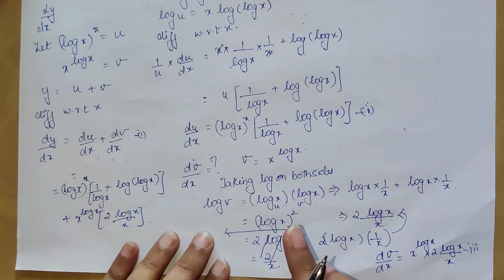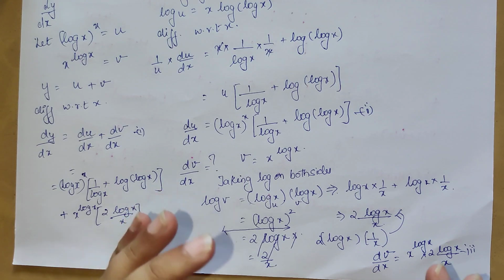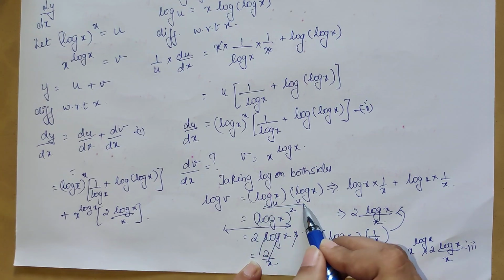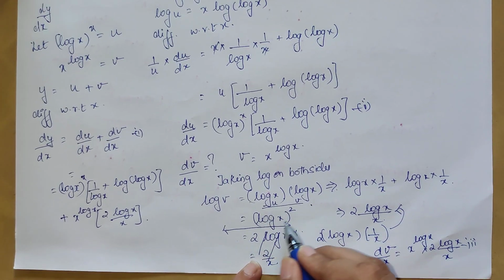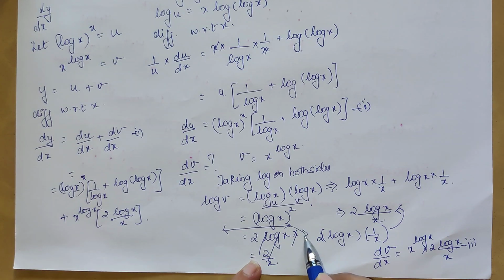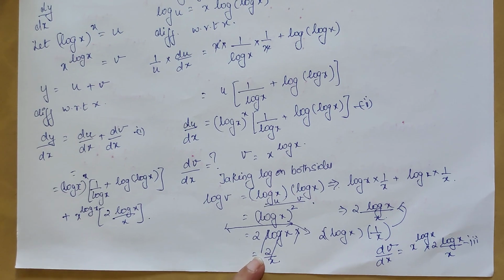Students, one more time, to avoid confusion, I'm just going to stress on this point. It's better to take this as u into v and finish it off. If you had done this, by default you would have taken (log x) the whole square as 2 log x. That is where we could have gone wrong, because we should have started differentiating from this step only.